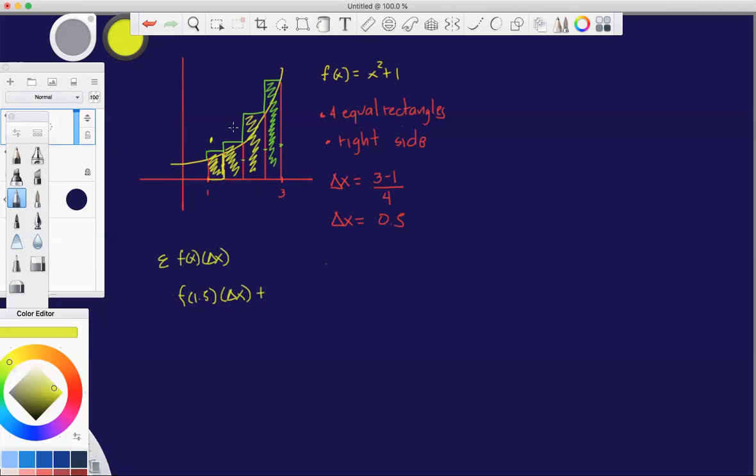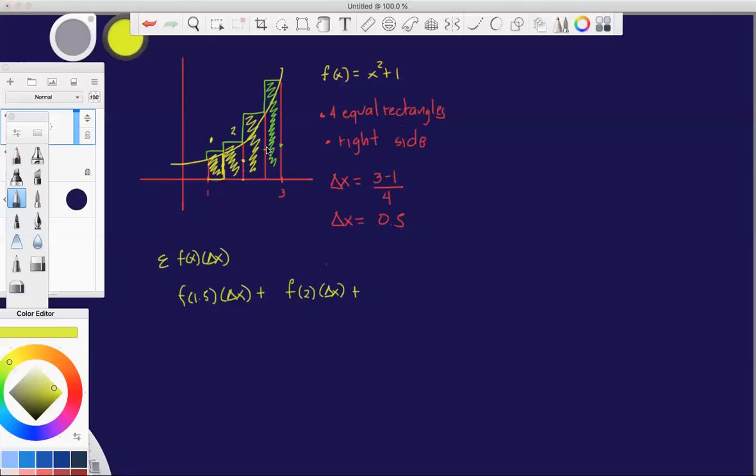Let's take a look at rectangle number 2, guys. What would be the value of our f of x? I mean, what would be the value of our x? Anybody? What's going to be this side? So we got 1.5. That's going to give us f of 2 delta x